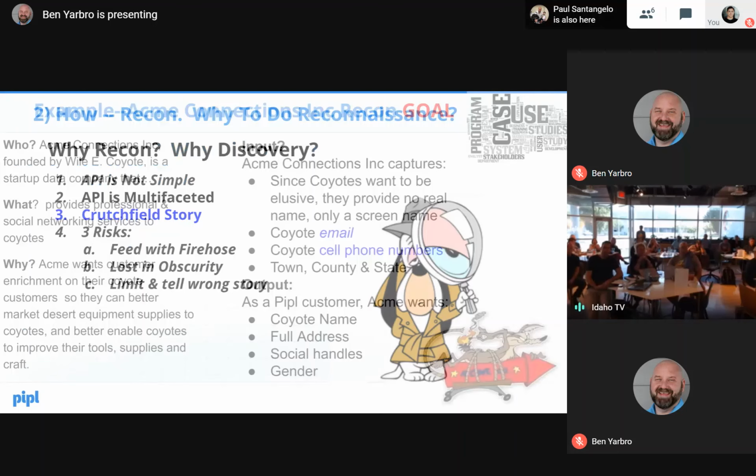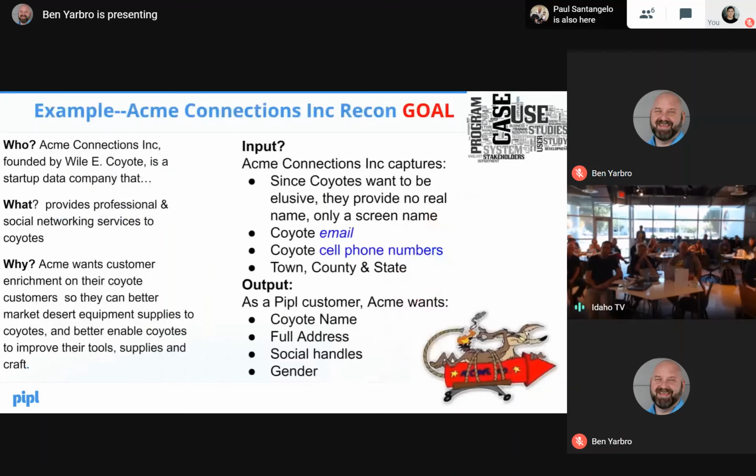Now, this is a fun Acme Connections Incorporated recon. See our lovely Wile E. Coyote? Wile E. Coyote found a bucket of gold in the desert, and he decided to create a data startup. He's going to provide professional social networking services to fellow coyotes so they can up their game on finding roadrunners. So in this scenario, they want to do customer enrichment on their coyote